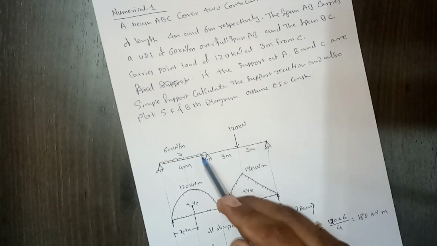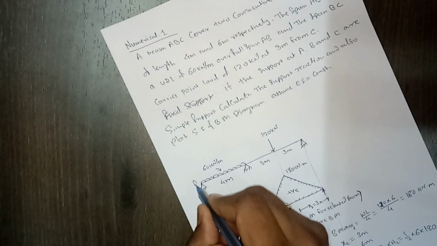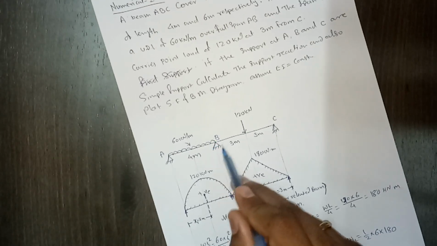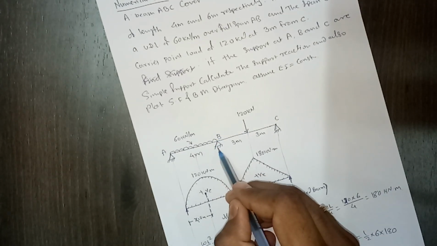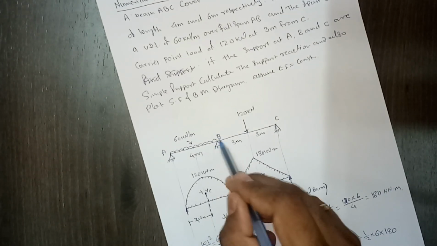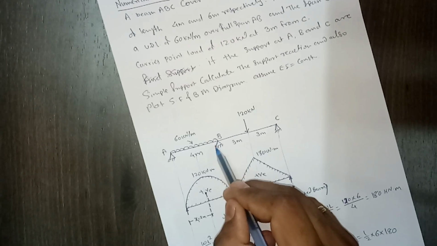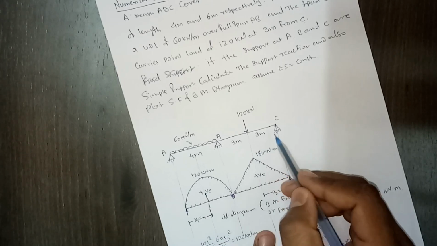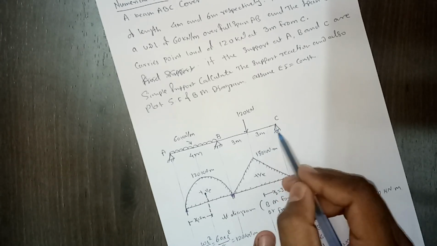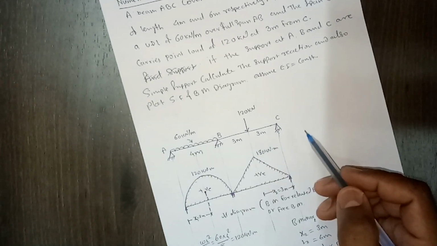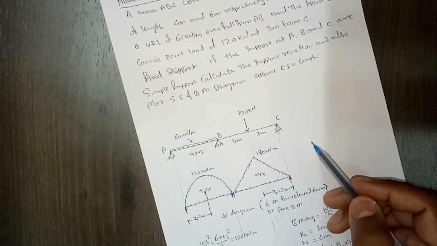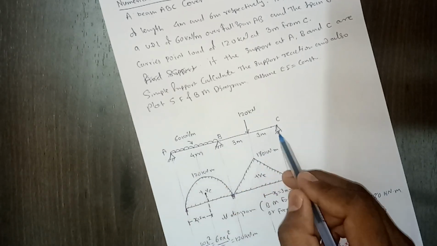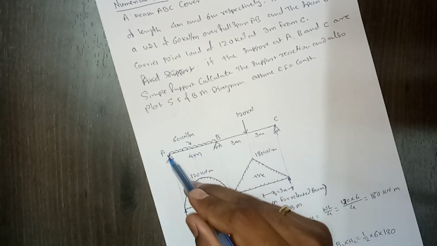So though this A, B, C, though this B is a simple support, but since it is an internal simple support, it will behave like a continuous support, and these two are end simple supports. So those two will behave like a normal simple support. So bending moment at A and C points will be 0, since the beam will deform like this,